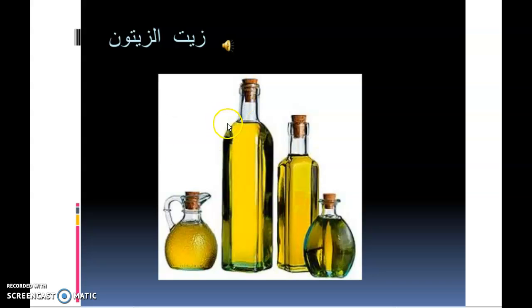So this is zayt al-zaytun. Zayt al-zaytun. So zayt is oil and al-zaytun is olives. And we all know that olive oil comes from olives. Again, zayt